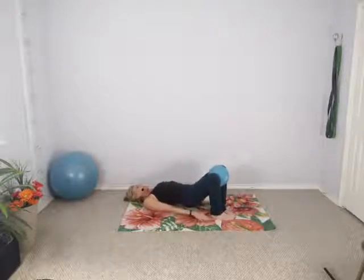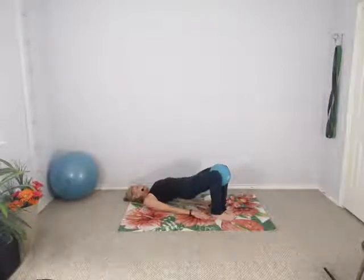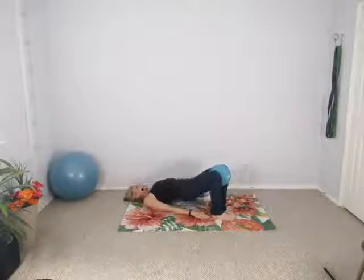So we lower down, inhale, exhale up, press. Inhale down, exhale, press. Inhale down, exhale, press in. Inhale down, press in. Two more, down, press in, down now a little faster. We go down, up 10, exhale 9 and 8 and 7, press in 6, 5 and 4, 3, up 2,